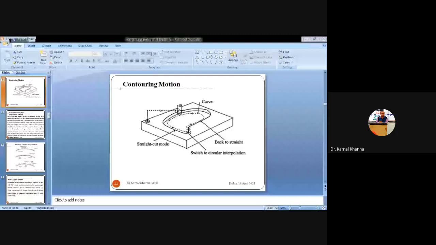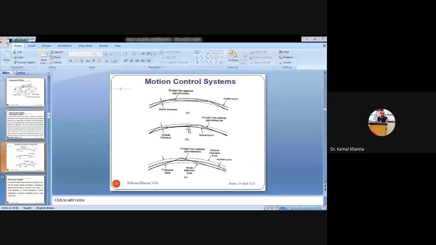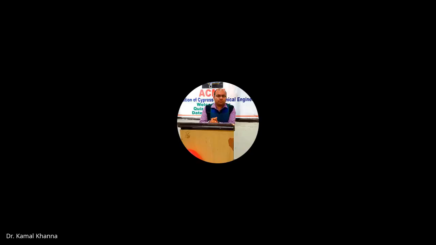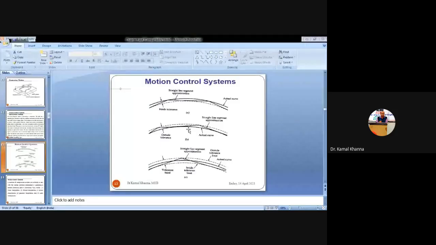So you can see from this figure A, B, C also, in some cases in the more complex shapes, whenever our tool is moving inside of that circular portion, then we have to consider the inside tolerance. And whenever our tool is moving in a straight line outside that path of the tool where the curve has to be drawn, that is called the outside tolerance. And whenever our straight line is moving from inside to outside tolerance, here we have considered both kinds of tolerances, that is the inside tolerance limit as well as the outside tolerance limit.